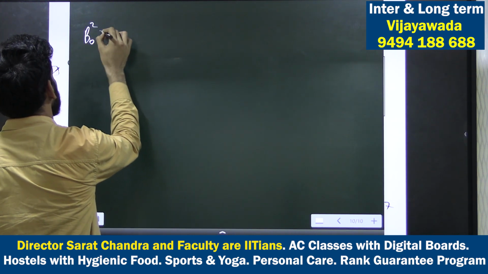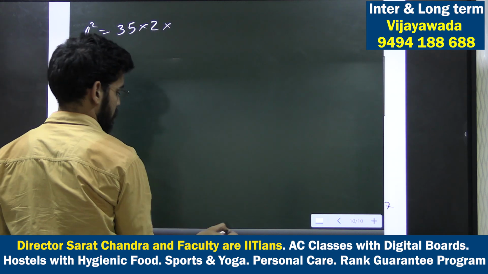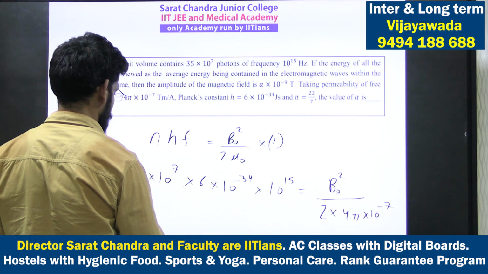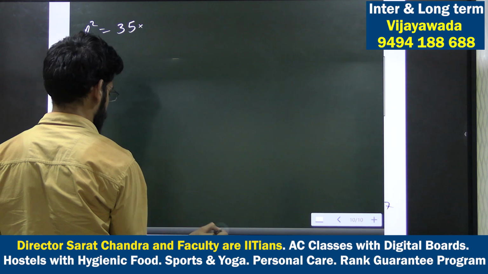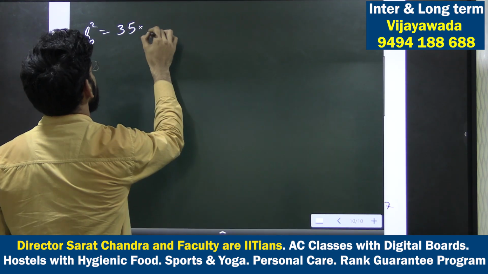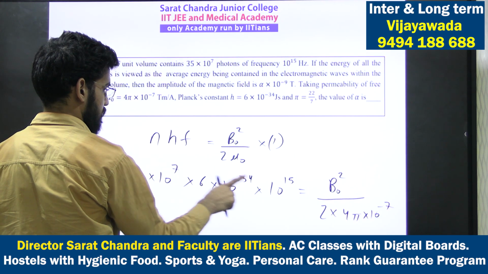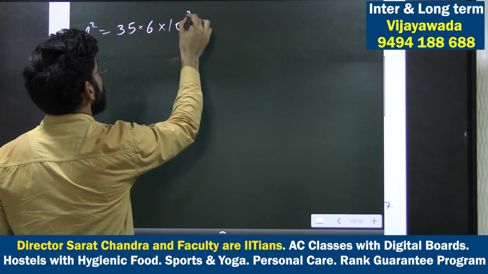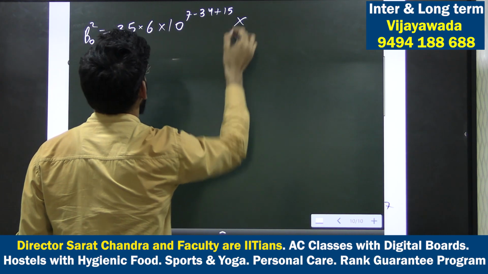B naught square is equal to 35 into 2 into 35. First of all, let's write down these values. 35 into 10 to the power 6 into what is the power? 6 into 10 to the power 7 minus 34 plus 15, multiplied by